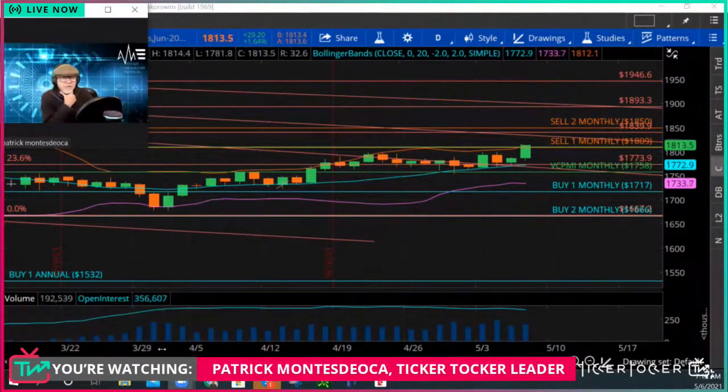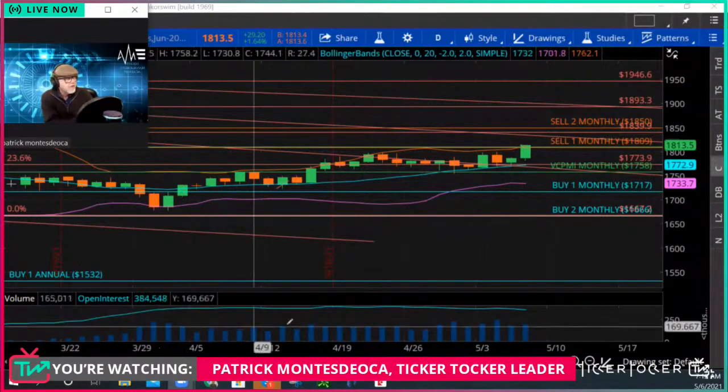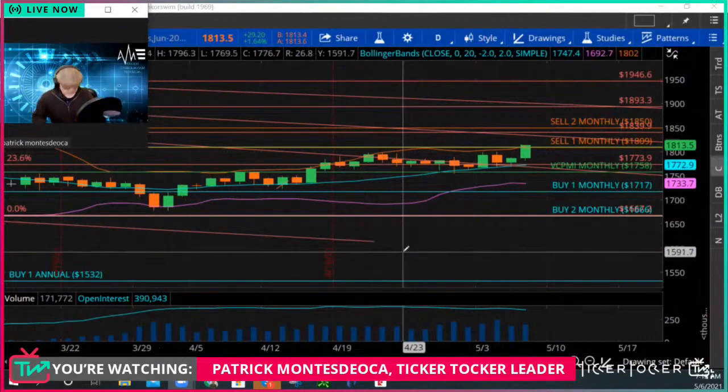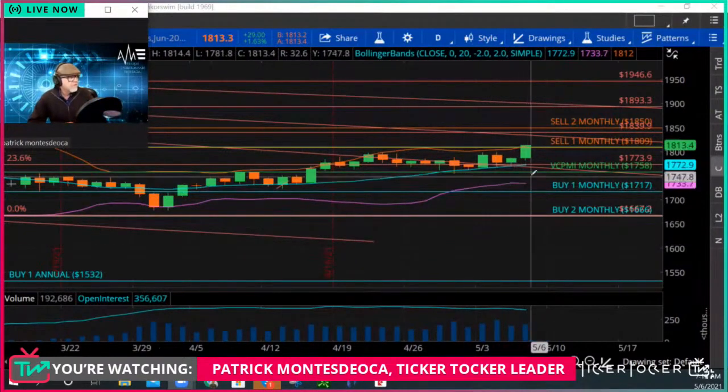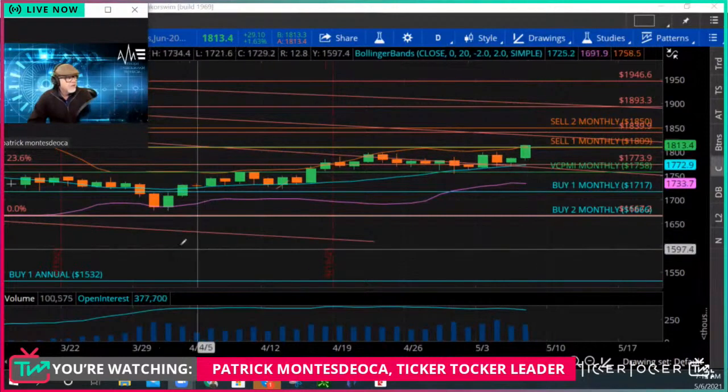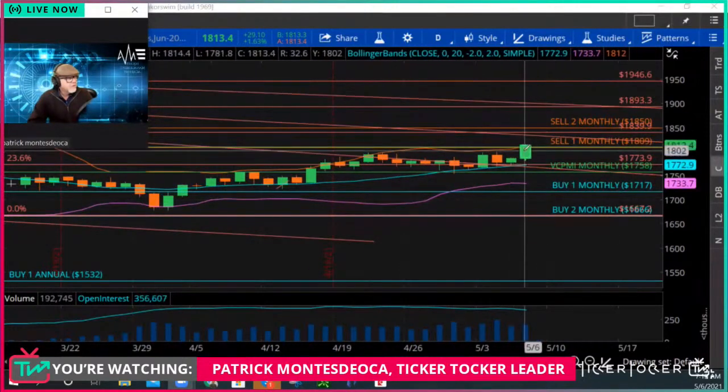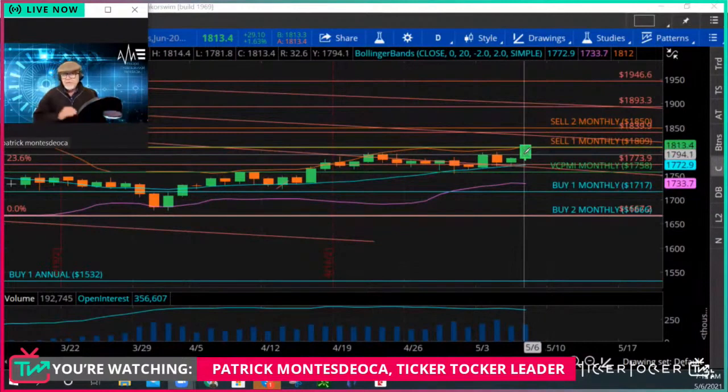So when I say use the VCPMI as a GPS for your driving, for your trading, these levels, or the VCPMI, give you the levels for you to manage your account. If you've been following us, we've gained quite a bit of equity up here. And depending upon your profile, whether you're a beginner, an intermediate, or an advanced trader,